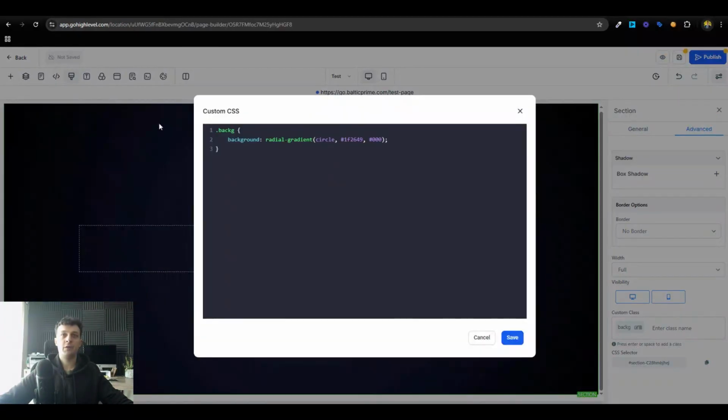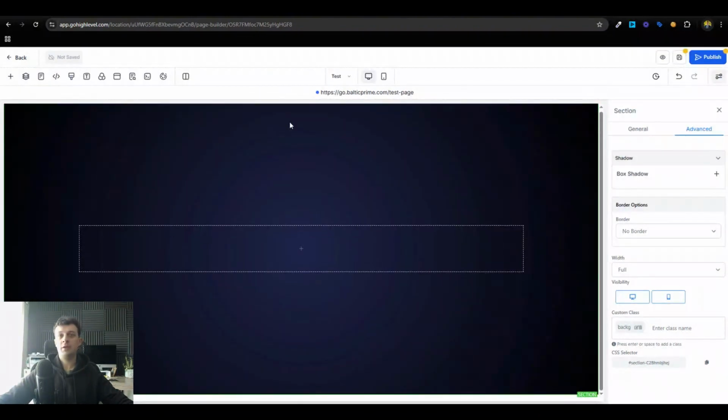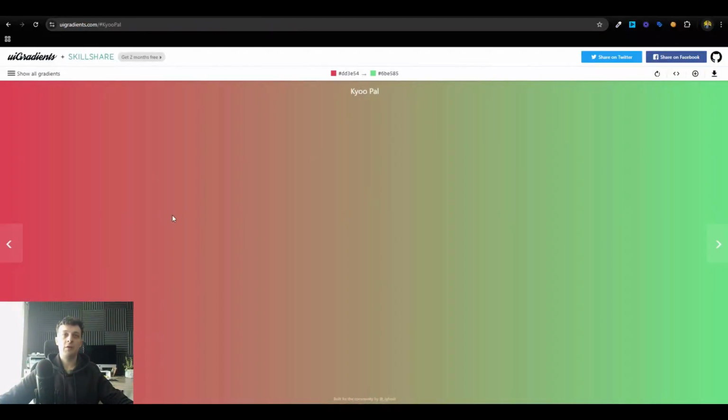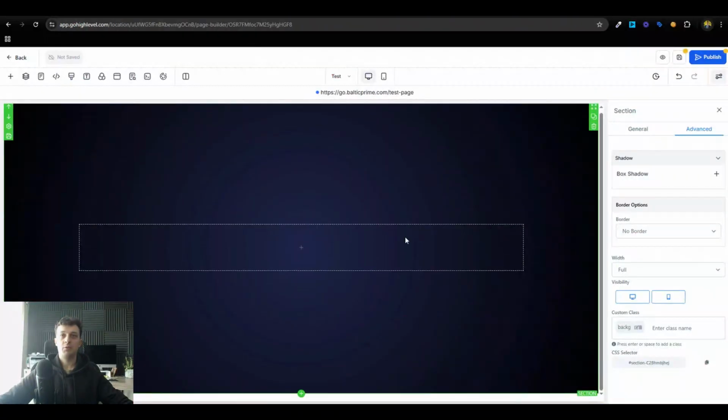So we go to custom CSS. And one thing to note is I currently have a radial background, which means that I will have one color in the center and another color close to the edges. This gradient is a linear gradient, which basically means that you will have one color on the left side, the other color on the right side, and you could technically also have a third color in the middle. So that's called a linear background. I actually like to use